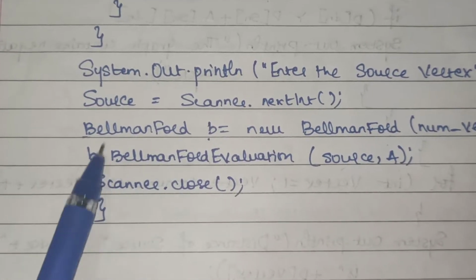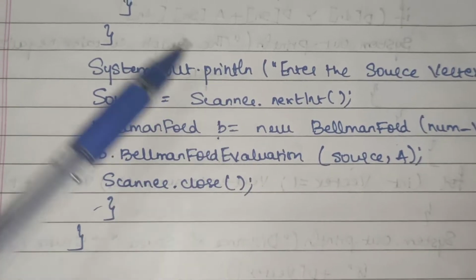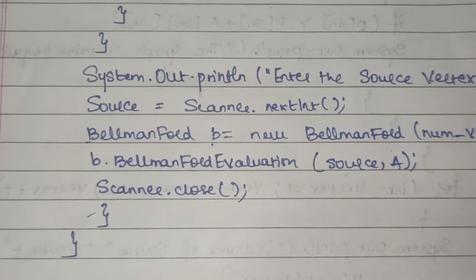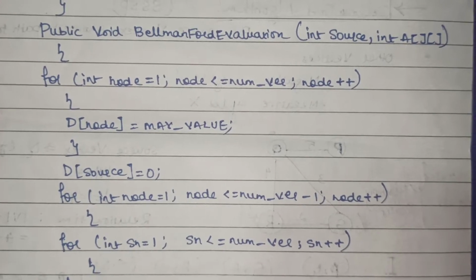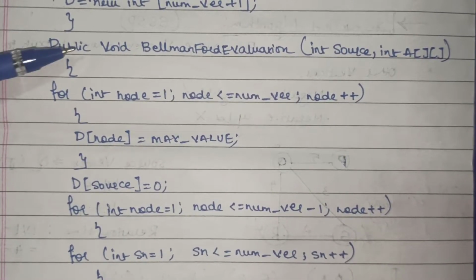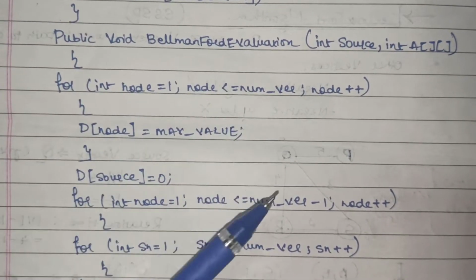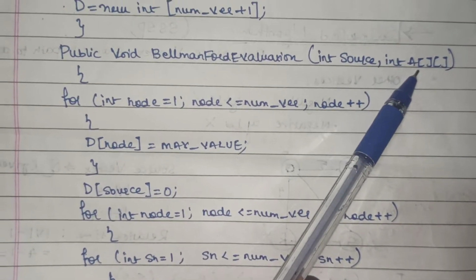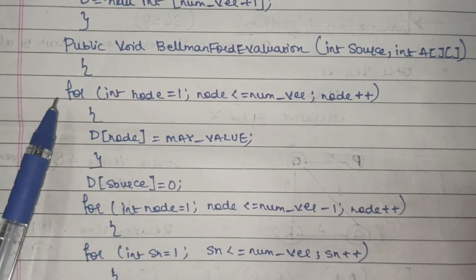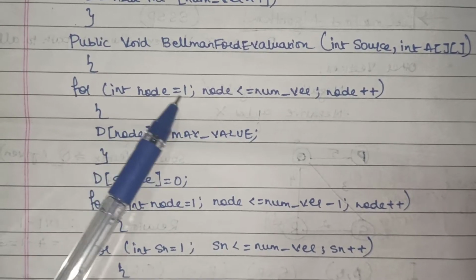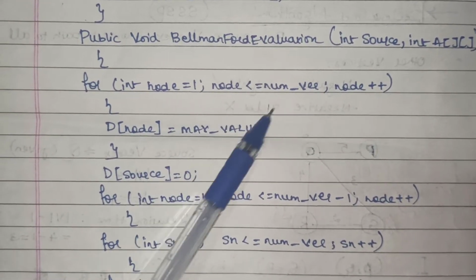So when Bellman-Ford evaluation is called in the main function, it comes to the Bellman-Ford evaluation function. It will be passed the source and the adjacency matrix. Then you have the for loop, that is for each of the nodes, and it will iterate through all the